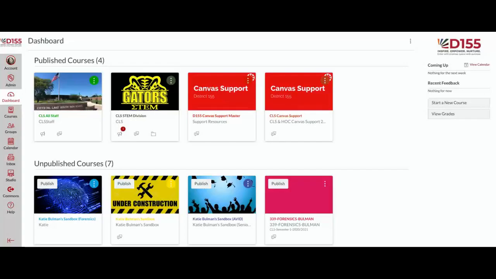Once you've logged in, on the far left side of the Canvas screen in gray, you'll see the vertical global navigation menu. This menu will always be available to you no matter where you go in Canvas. The most helpful button in the global navigation menu is probably going to be your dashboard. It's the third button down, and in the dashboard you'll see tiles representing any course that you are associated with